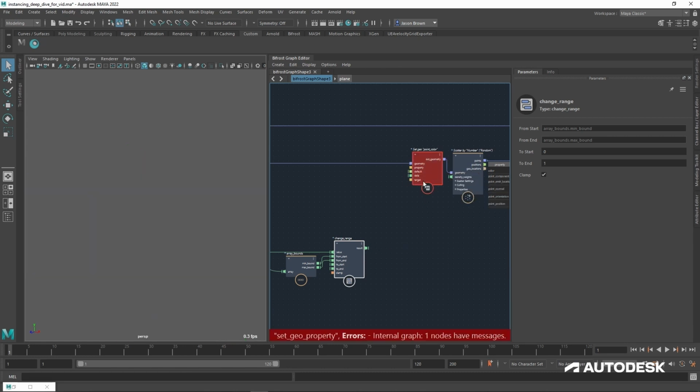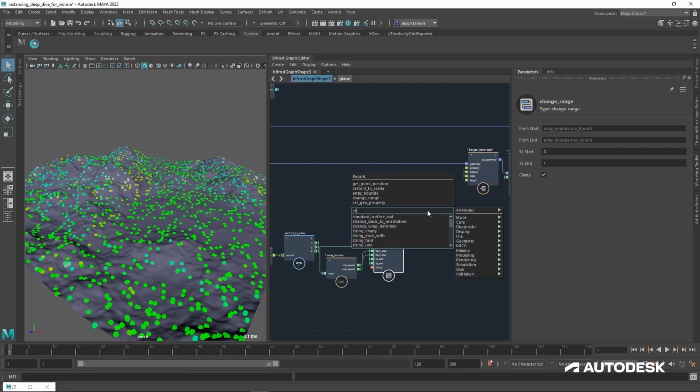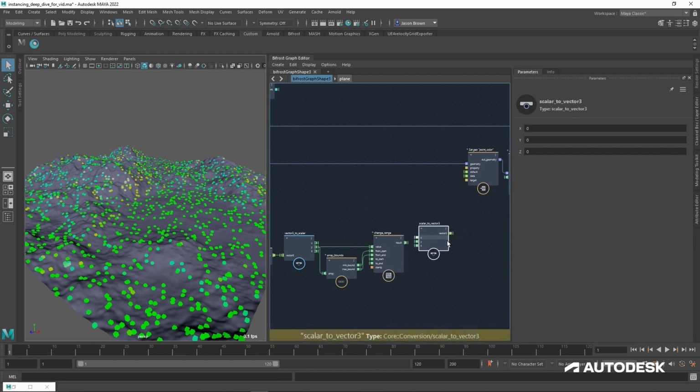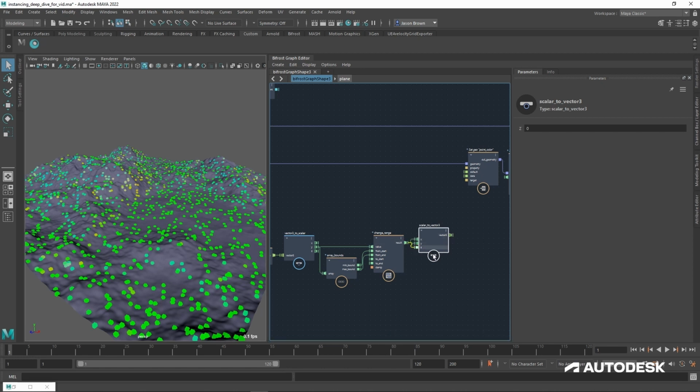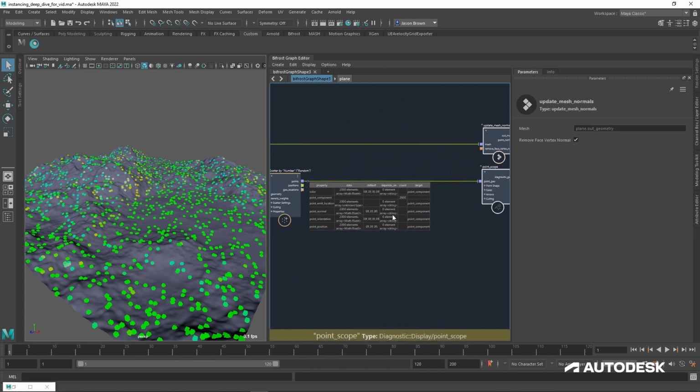It's going to have a little bit of a problem because its data is a float and its default is a MathFloat3, so we need to change the data as well. So I'm going to scale it to vector again, scale it to vector 3. This time, because this is going to become a color, I want to put 3 of the results of these arrays. So what was Y is now X, Y and Z, or as they're going to become colors, red, green and blue. So this should produce a grayscale color for me. Now nothing's going to happen just yet, because I need to do some adjustments.